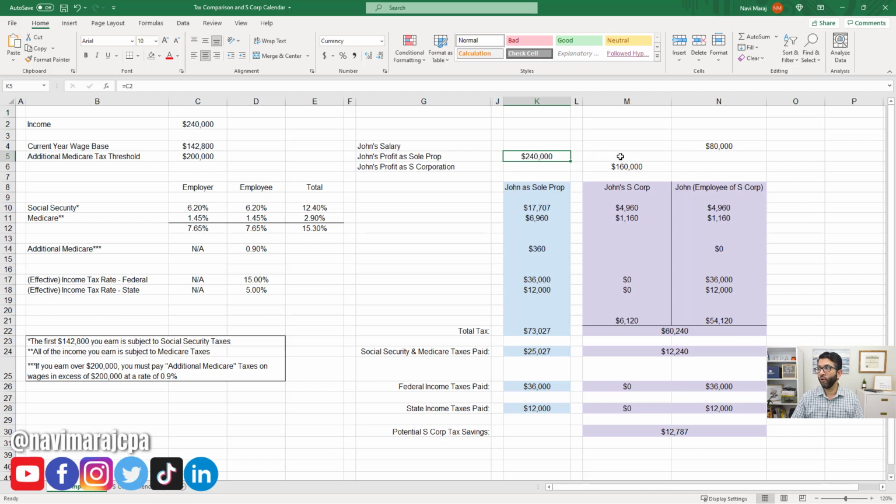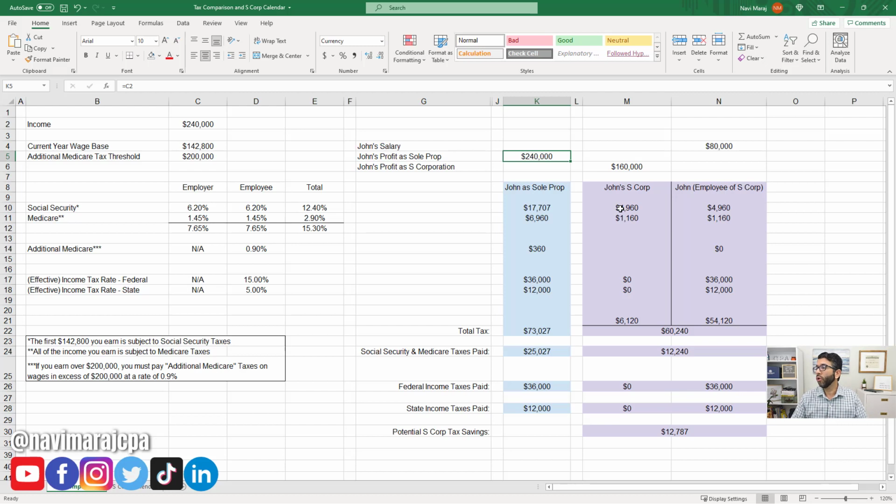So we're splitting the 240 into two separate buckets. The bucket that is her salary, the $80,000, is the bucket that's subject to Social Security and Medicare taxes. And you can see the breakdown there. I don't want to go through all the detail, but the employee, which is the owner of the S corporation,